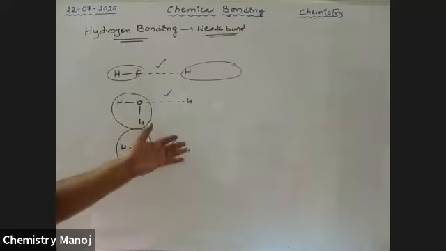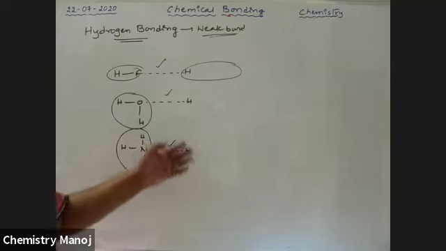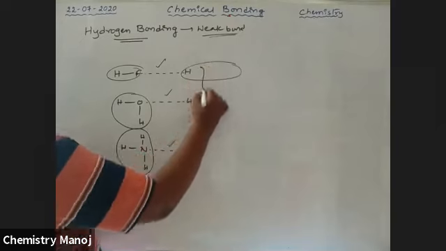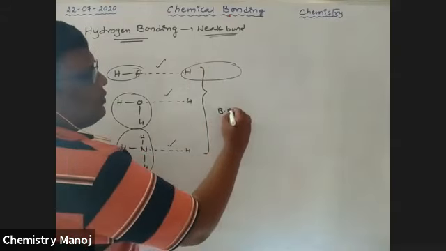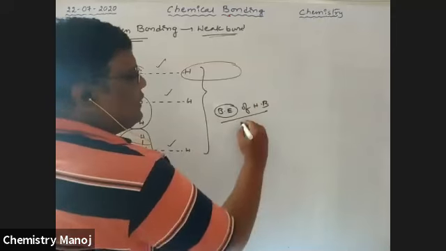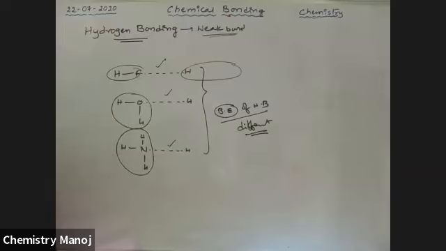To break this bond, some energy is required, and that energy is called bond energy. Do all these have the same energy or different energies? No doubt, all these bond energies of hydrogen bonds are different. So which one has the highest bond energy? Which one has less bond energy?